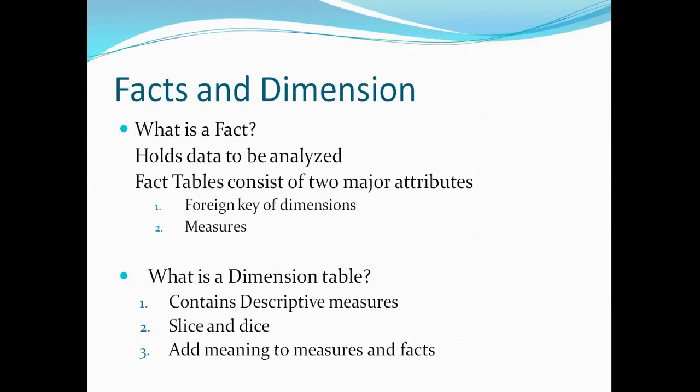So my manager wants to see, for a particular state, what's the revenue generated each month. So I'm aggregating all the policies or all the products that have been sold in a particular month in that state. That is being done with the help of the dimension table. So facts and dimension tables go hand in hand in data warehousing.